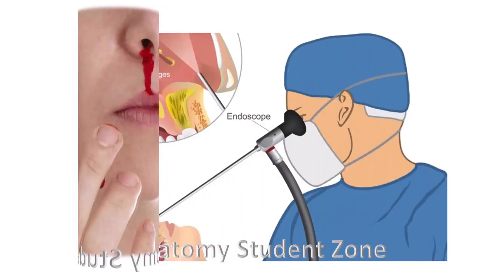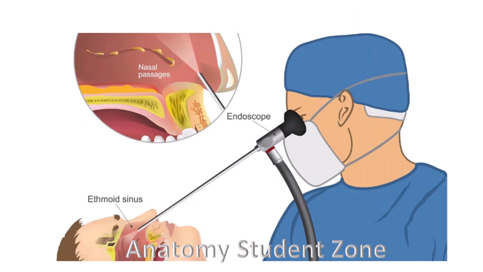Similarly, sinus surgery is also quite common. Understanding the nasal anatomy is essential for endoscopy. It's not only essential for endoscopy, it's also essential for sinus surgeries, because you have to navigate that endoscope precisely. And whenever you want to navigate that endoscope precisely, the lateral wall anatomy is again very crucial and you should know it.